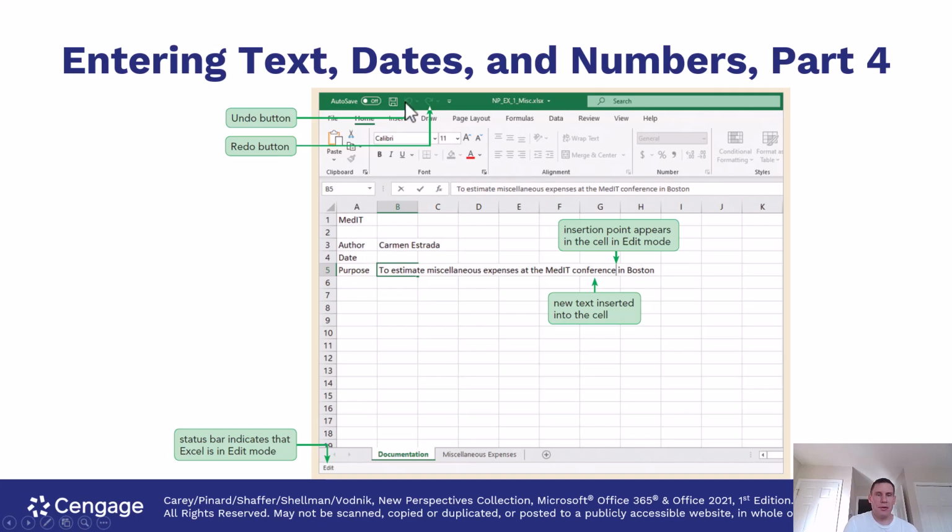There's the undo button I was referring to, and there is the redo button. So undo is taking you back, redo is taking you forwards. As we can see here, the insertion point appears in the cell in edit mode, and then when you put new text in, it's inserted into the cell. And again, it'll keep going across, but if you started typing something in C, D or E, this would